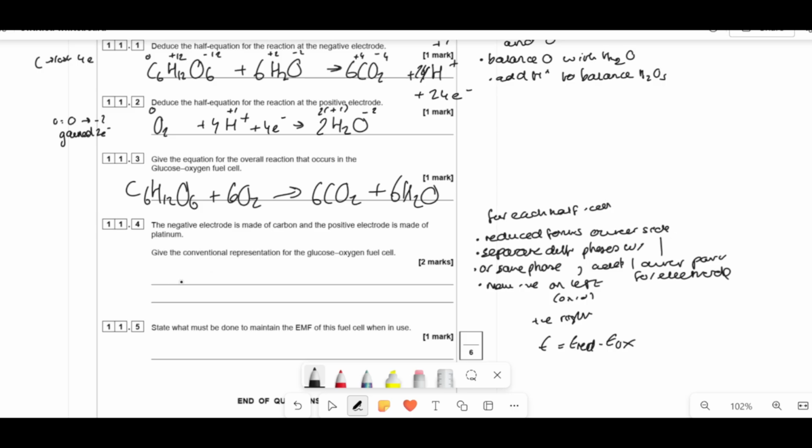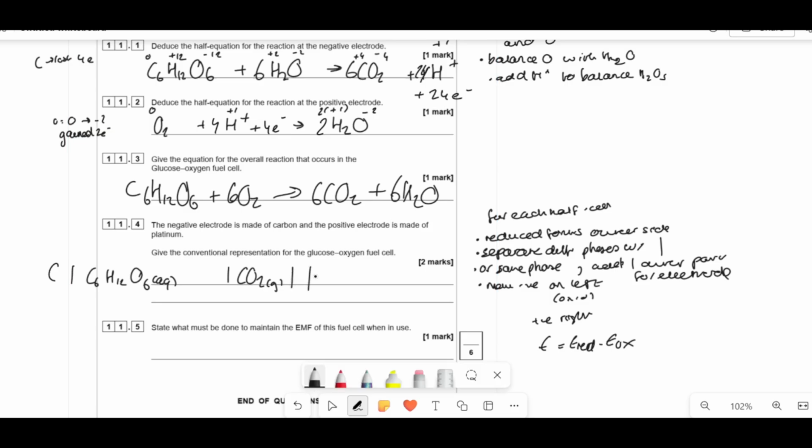In this case, we know that on the left-hand side is going to be the oxidation of the C6H12O6. C6H12O6 aqueous. Now I know that's going to become CO2 as one of its products, gas. And I know that the electrode that they've been using is made of graphite or carbon. So we've got a carbon electrode there. Just move this to the side a little bit. On the other side of this cell,